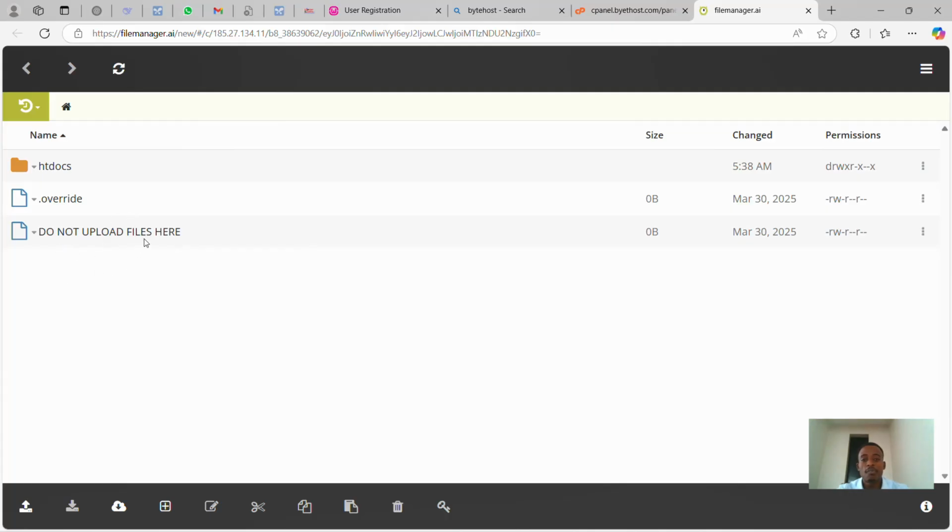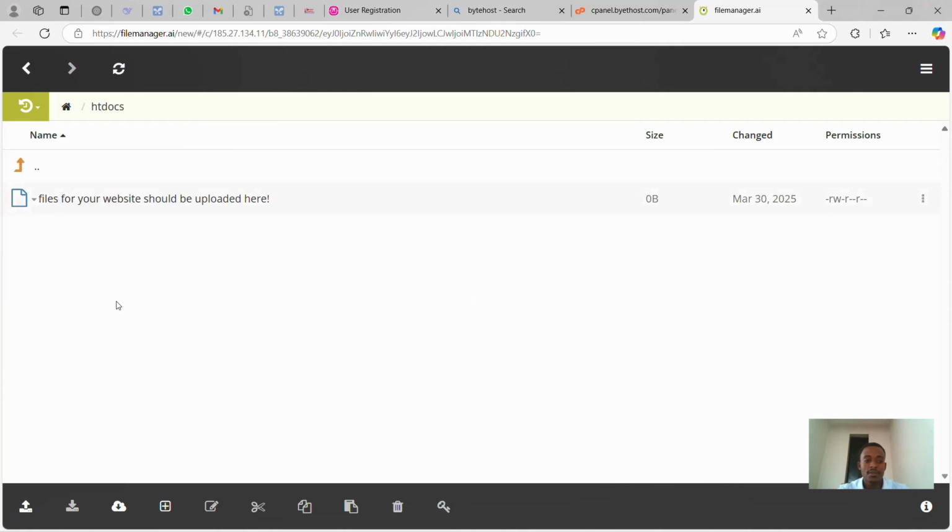But if it is a paid for plan, in your file manager you will always see a folder called httpdocs. Now this one is htdocs, but usually the other one is httpdocs, but it is all the same. Or some have got public HTML. Most of them actually it is public HTML, but here we are having htdocs. So if it is a paid for plan, you upload your files in public HTML. But since this is a free plan, and their setting is this, we shall click on htdocs, and then